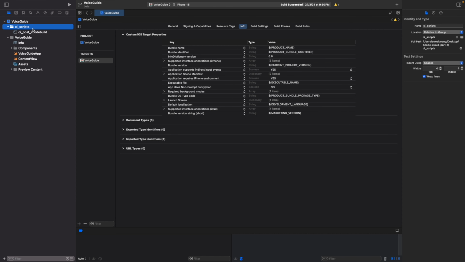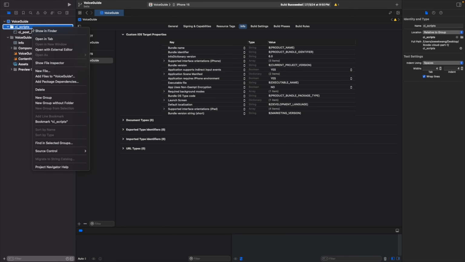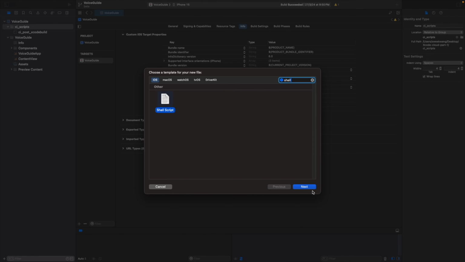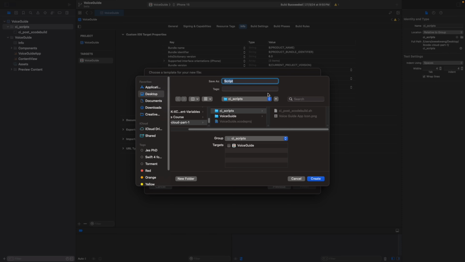Once you open your Xcode, the first thing that you have to do is to create a folder called CI scripts if you have not done so. Since I'm following from the previous lesson, I have already created the CI scripts. The next thing to do is to create our CI pre-Xcode build. Right-click, select New File, and search for shell. Name it CI pre-Xcode build